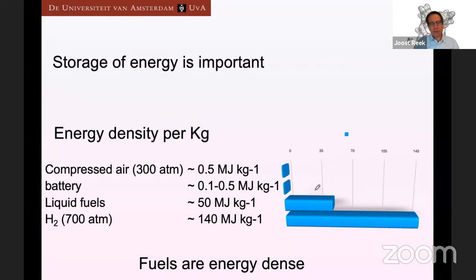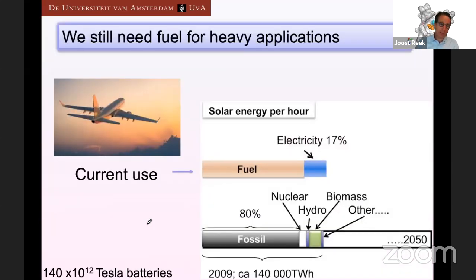If you think about storage of energy, then you can look at the table of energy density per kilogram, and immediately you see that fuels are very energy dense if you compare them to other ways of storing energy. This means that fuels are very efficient for mobile applications. For example, planes: I think it's very unlikely that for the next 40, 50 years we're going to fly with solar panels. So this will really need